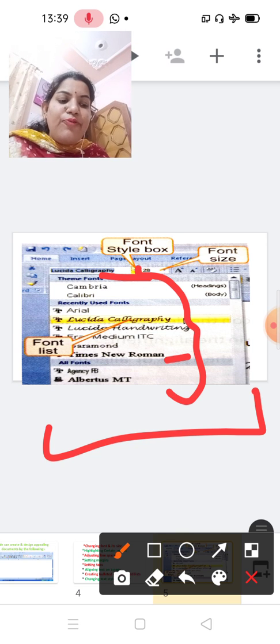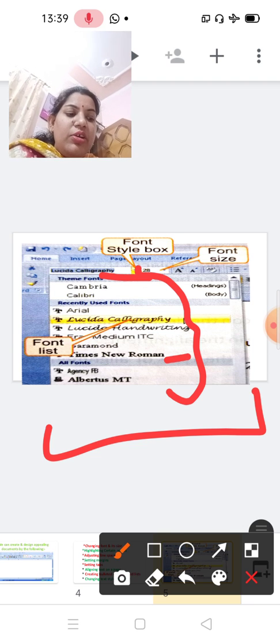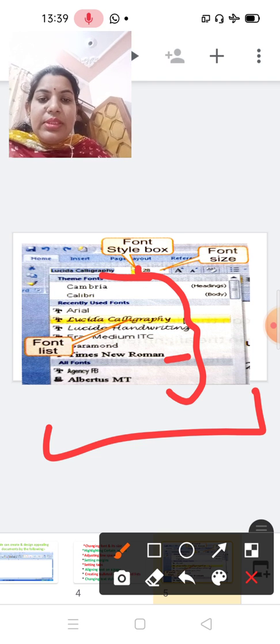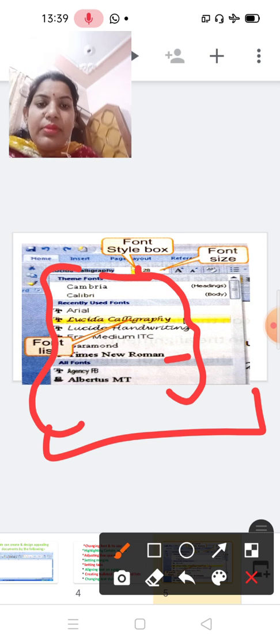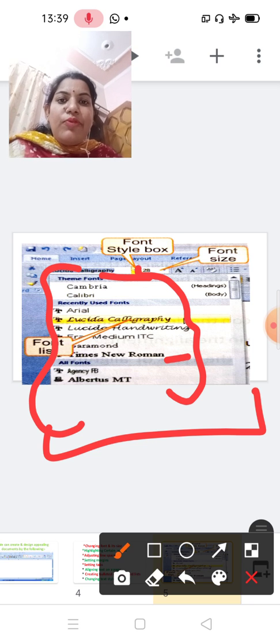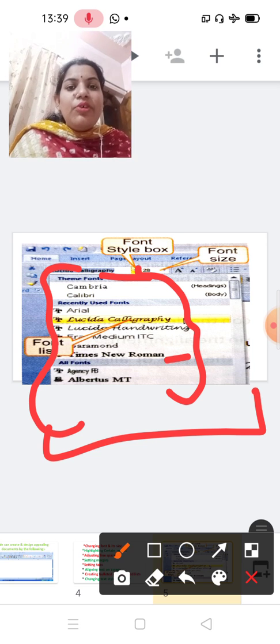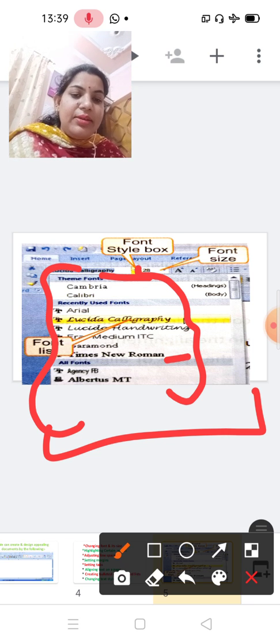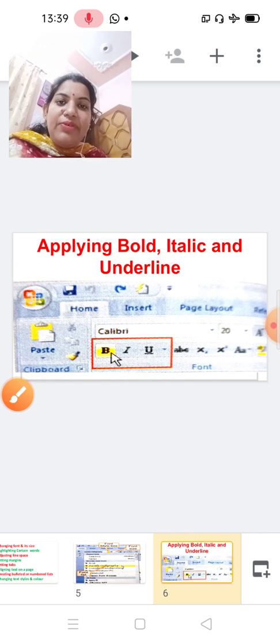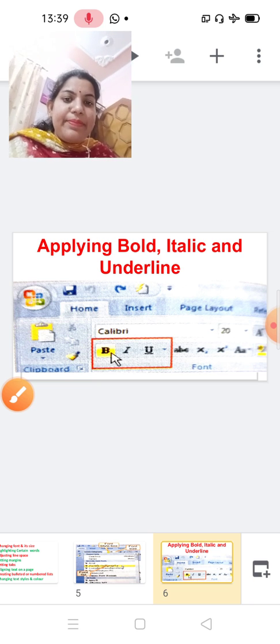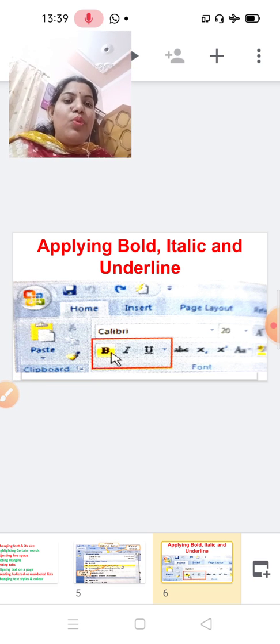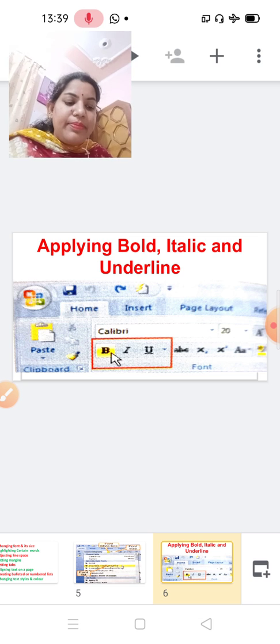Select the desired font from the displayed font list. Observe the change. When you select these styles, you can observe the changes in the style of whatever you are writing.